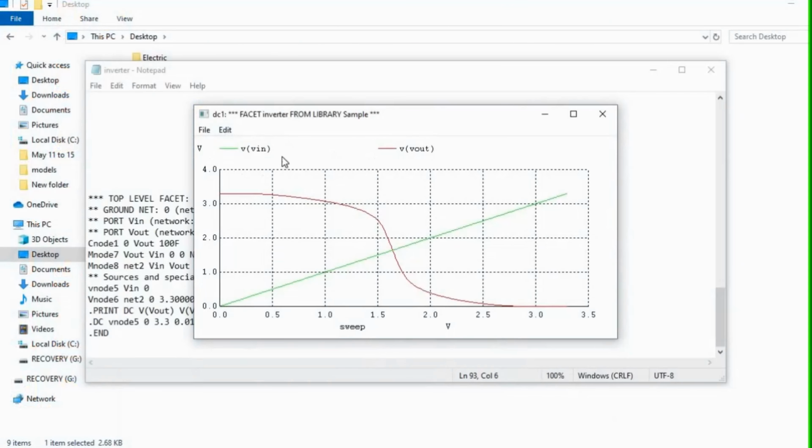You will now see that instead of net 3 and net 4, you will now have your DVIN and DVOut.